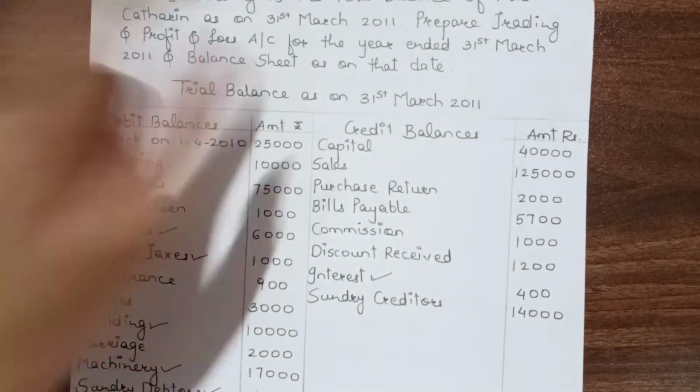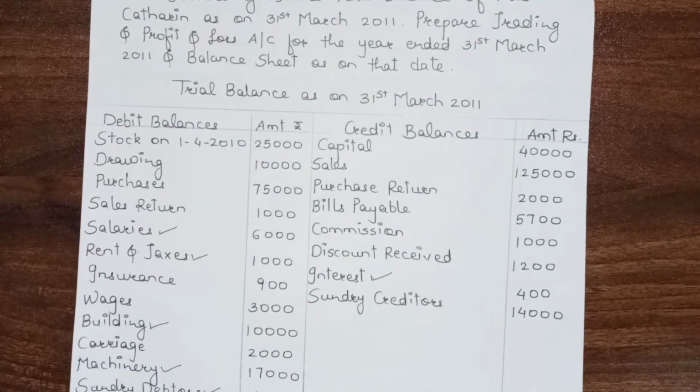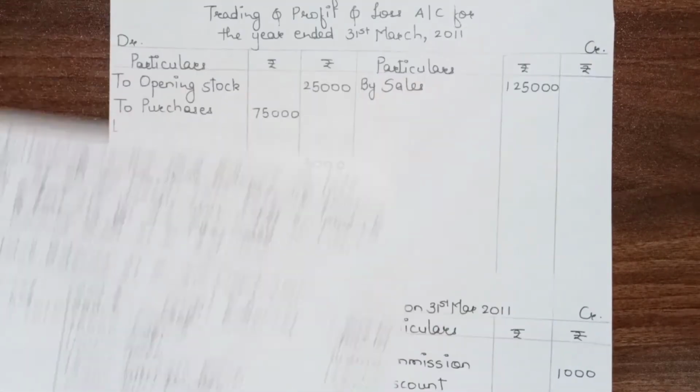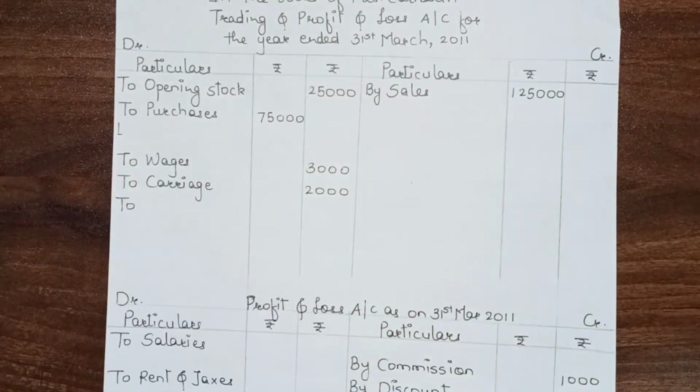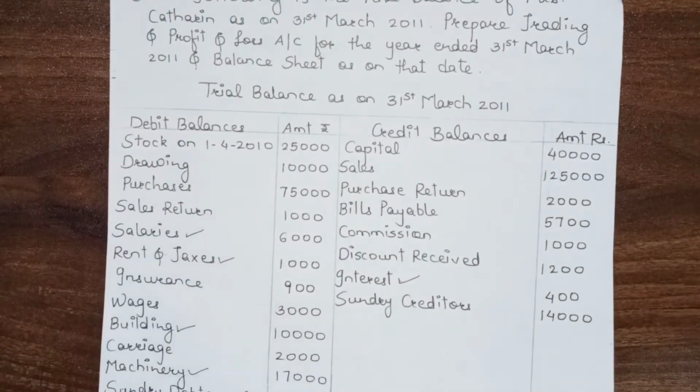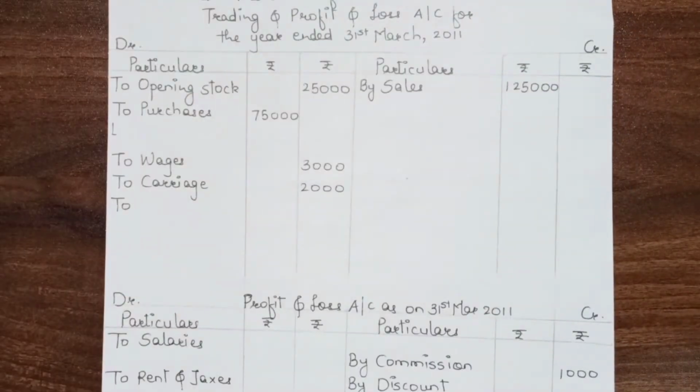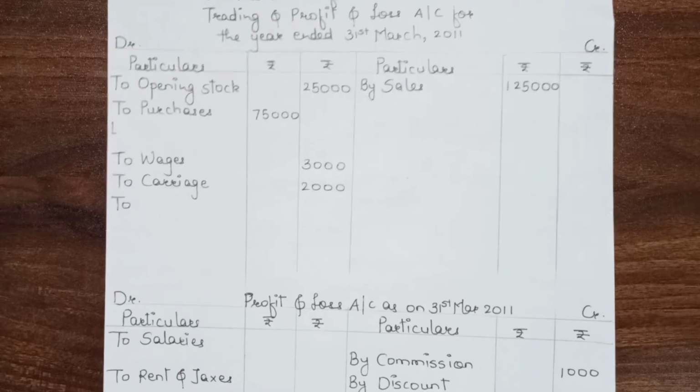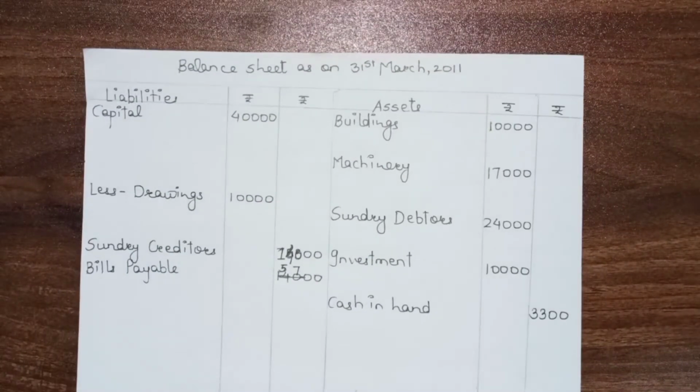We are going to prepare the final account of 31st March 2011. So this is your opening stock. So I have already posted the item opening stock 25,000. Next one, drawing 10,000. Now through my previous video you have certainly got an idea that where drawing is to be posted, obviously in the liabilities side.